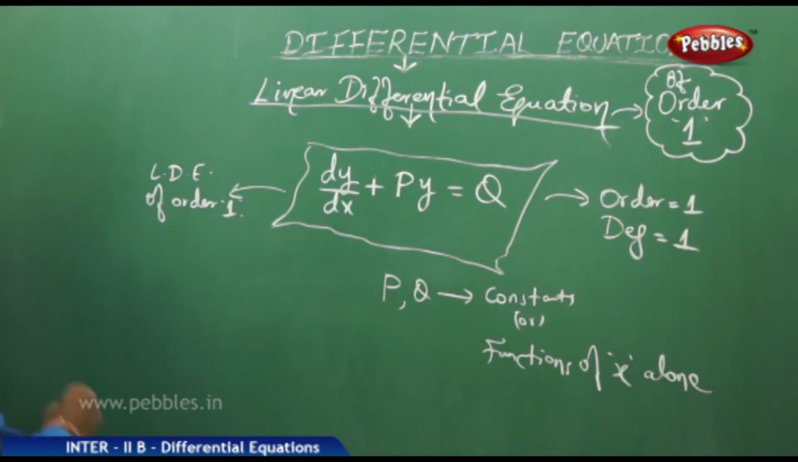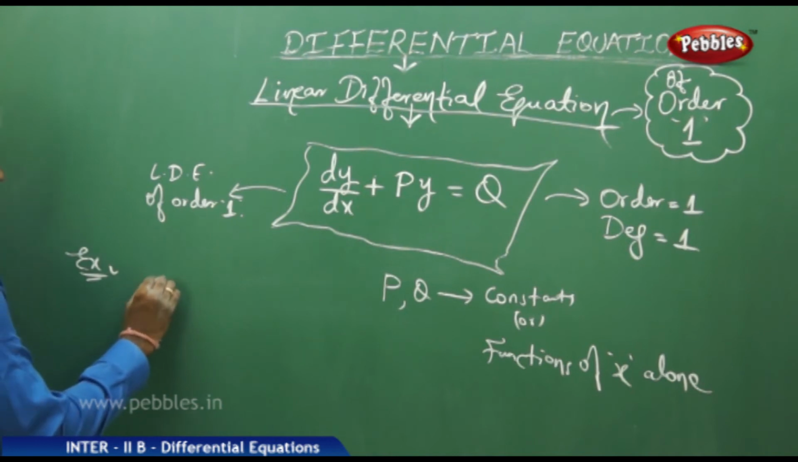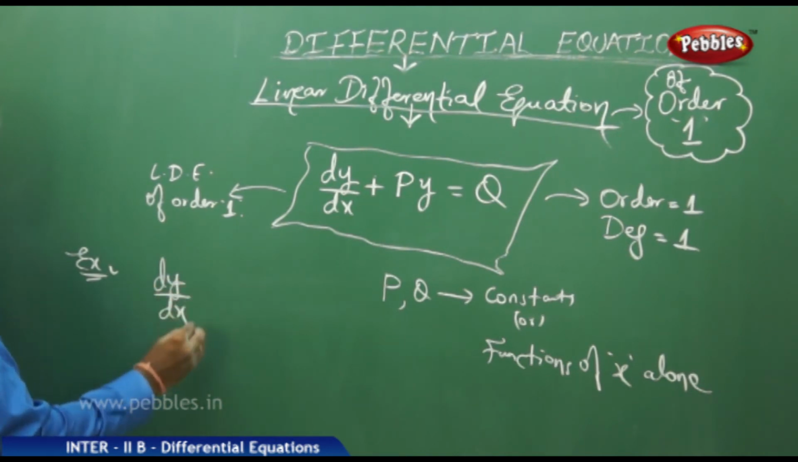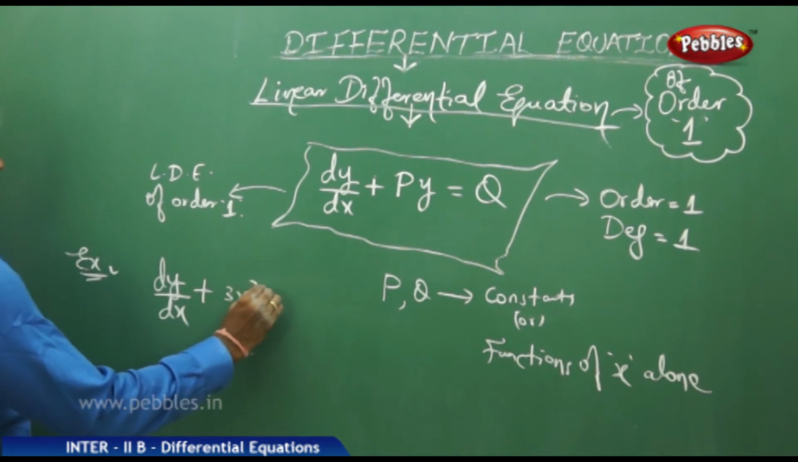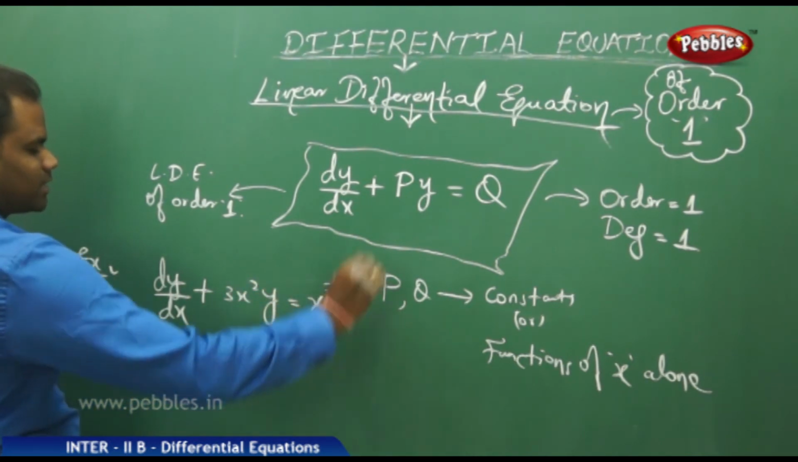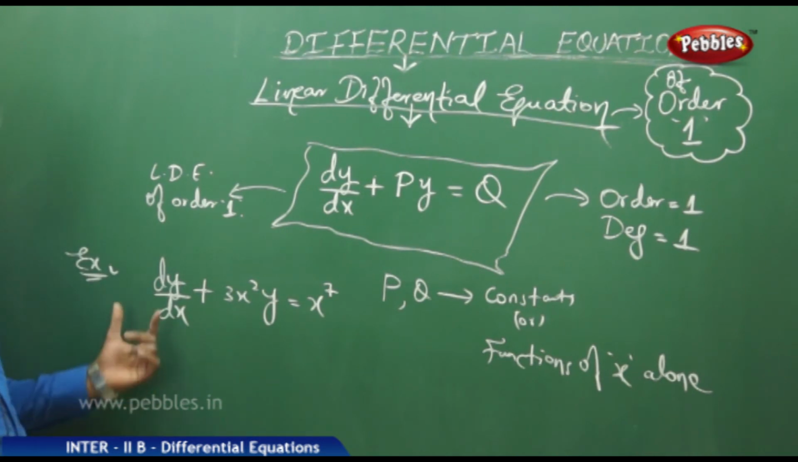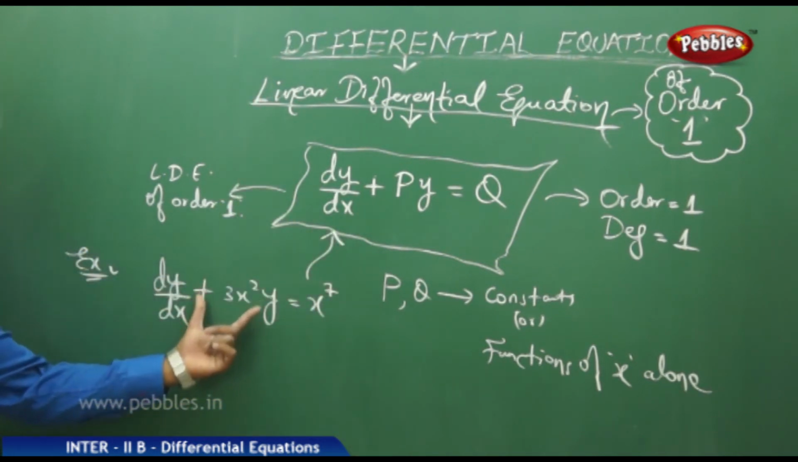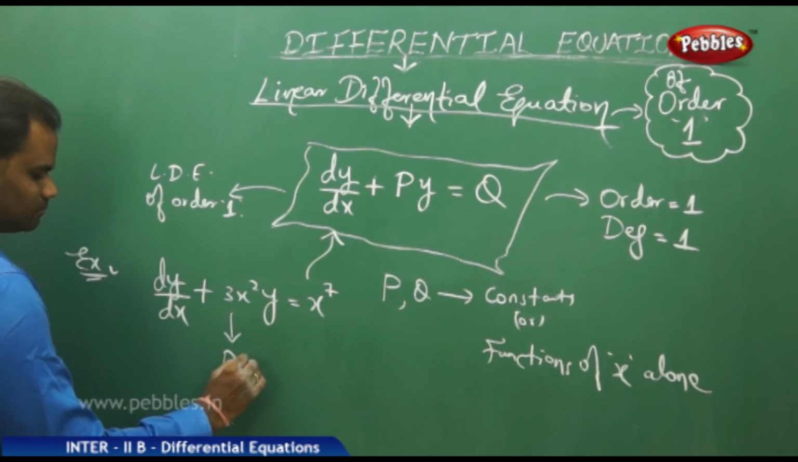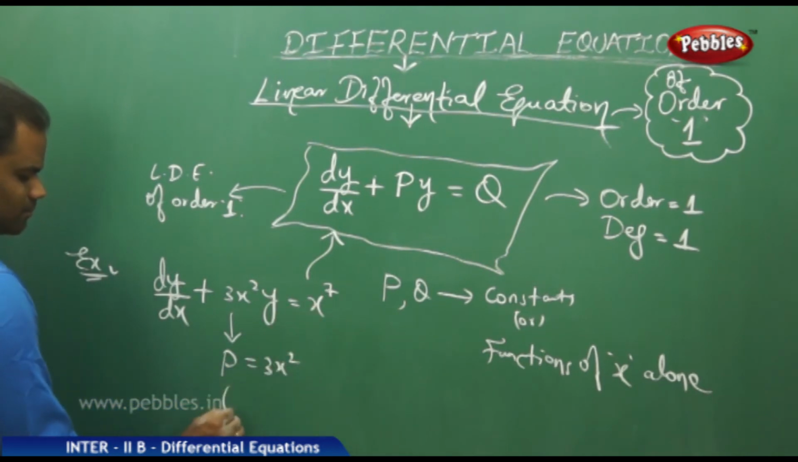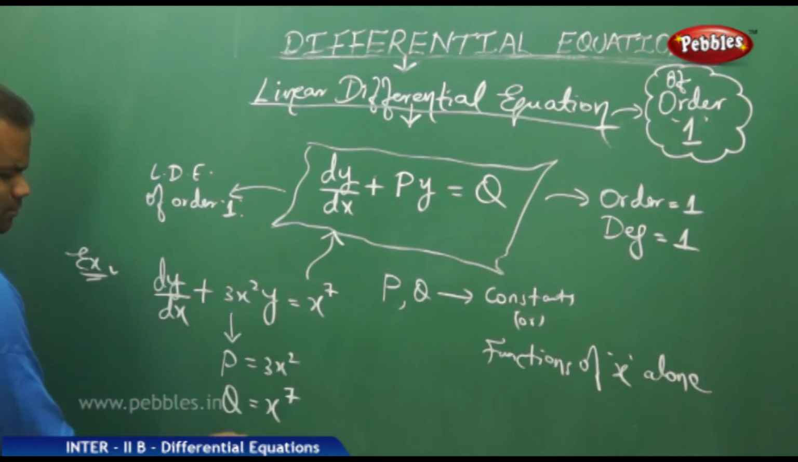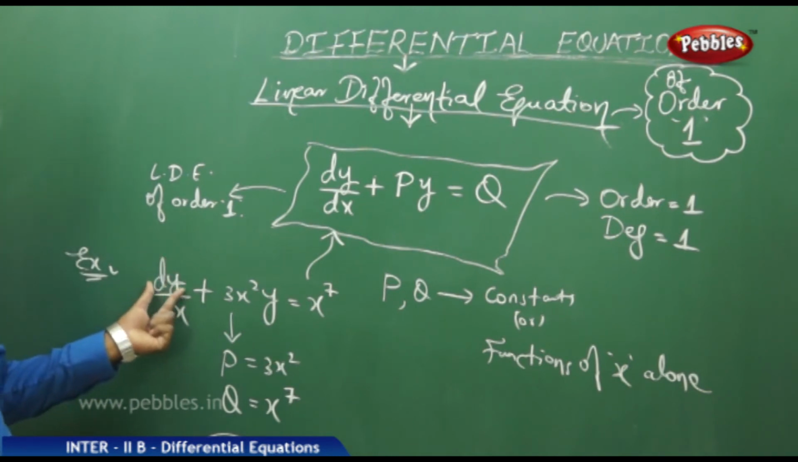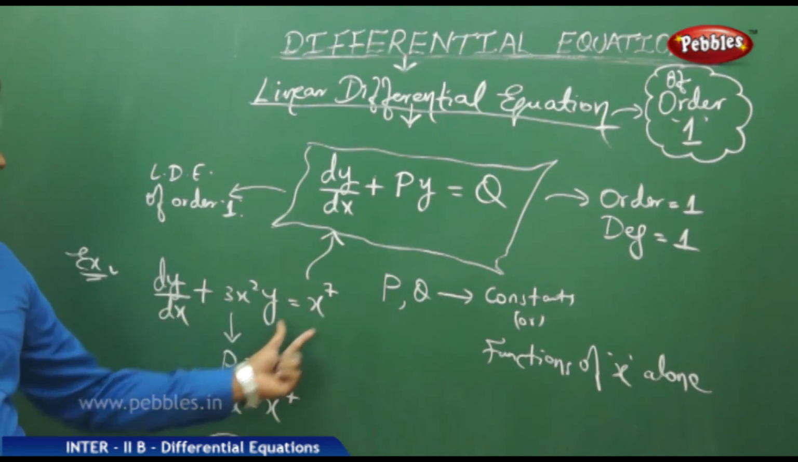Let's take an example problem of a similar linear differential equation. Suppose I have a differential equation in the form dy/dx + 3x² y = x⁷. Then this clearly is a linear differential equation which can be compared to this, where here I have my P, which is 3x², and my Q, which is x⁷. This is how we understand a linear differential equation of order 1 with P equals 3x² and Q equals